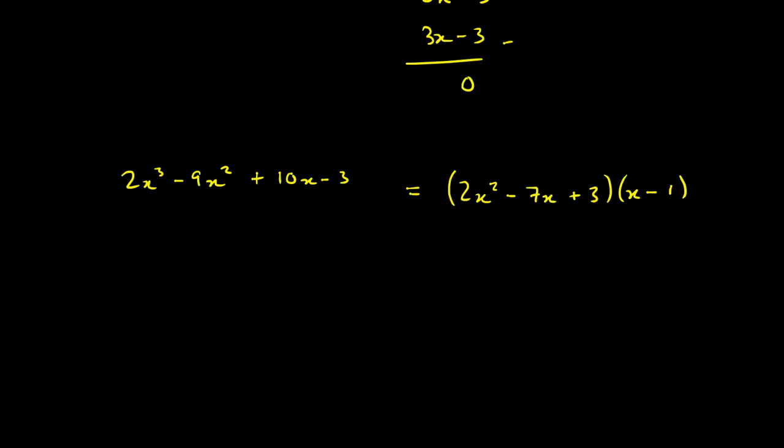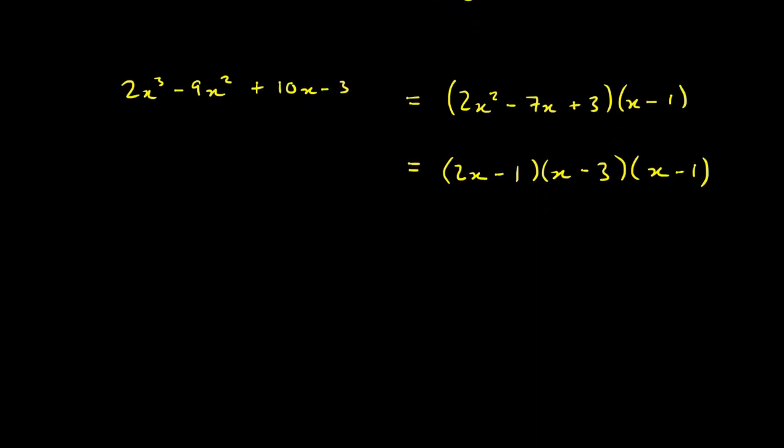And the question is, well, can I factorize that quadratic? Well, let's have a go. I'll have 2x and x, and got my x minus 1 over there. So what numbers would I need? Well, I need two numbers that multiply together to give positive 3, and those numbers have got to combine to give negative 7. So they're both going to be negative, aren't they? Because negative times negative is a positive. And I suspect if I make that minus 3 and that minus 1, that's going to work. Because negative 1 times negative 3 is positive 3. 2x times negative 3 is negative 6x, and then minus x gives me negative 7x. Okay, so that's the factorized